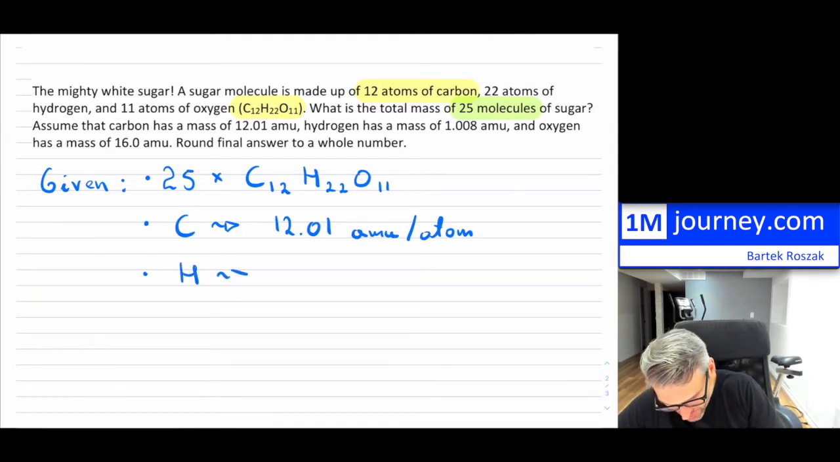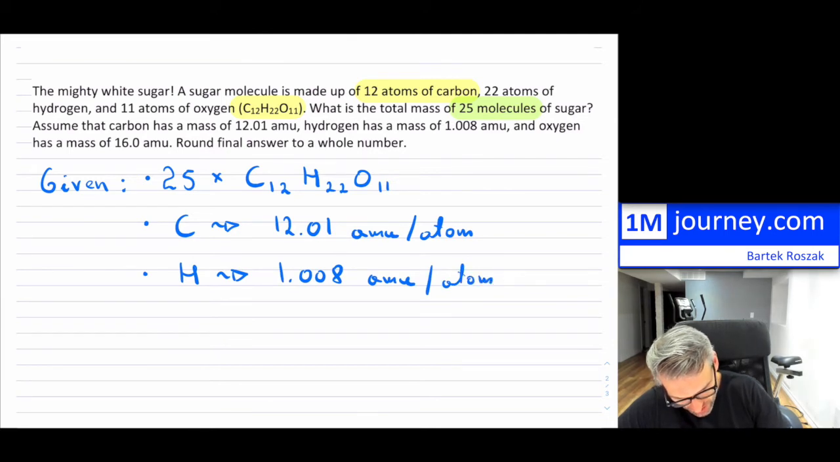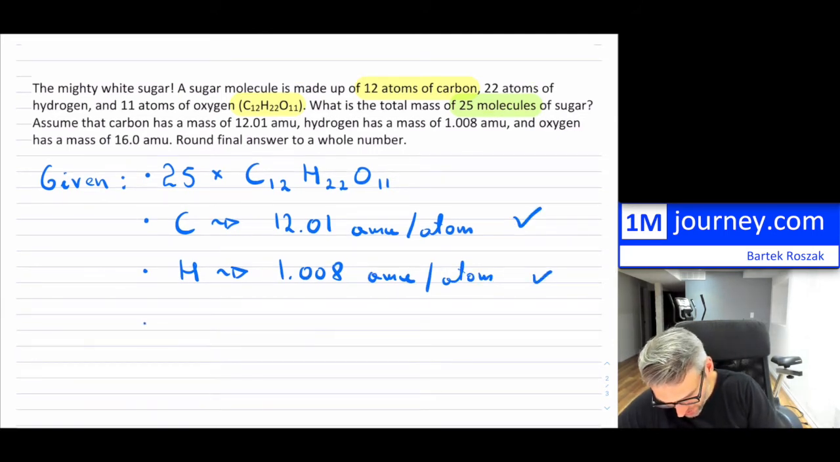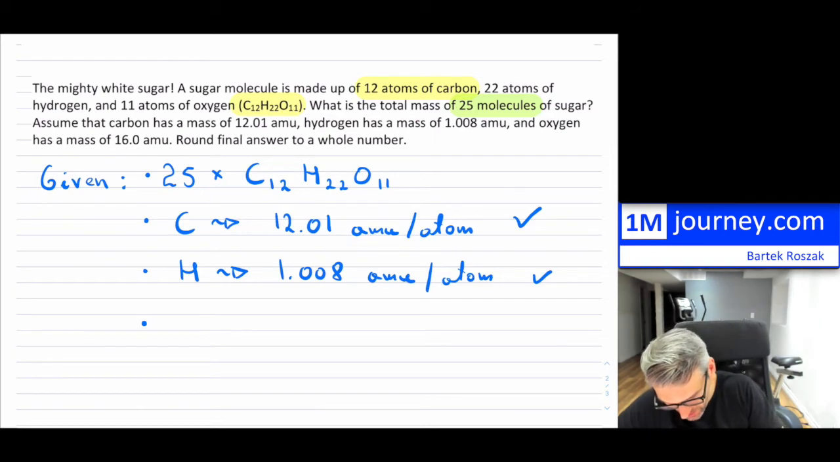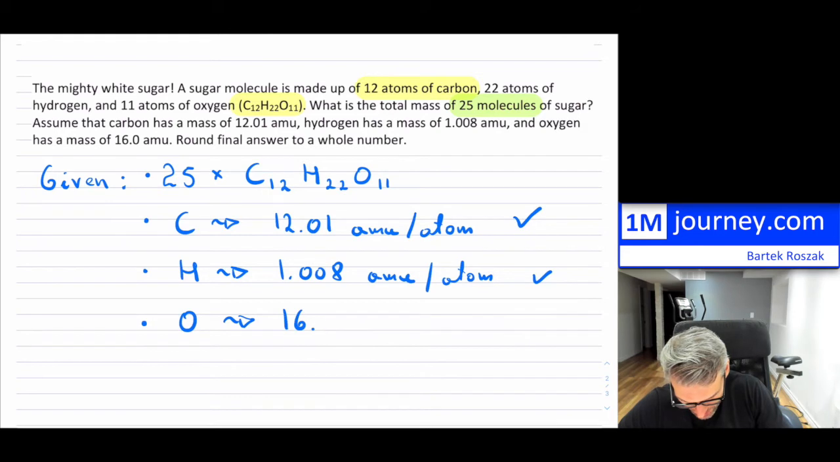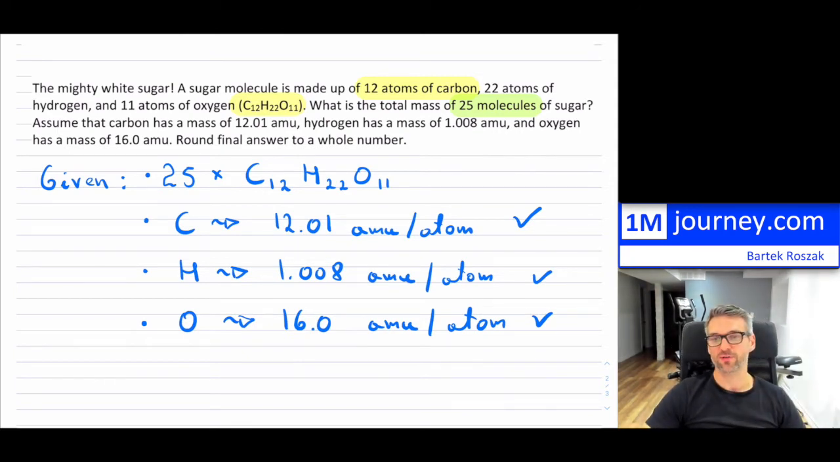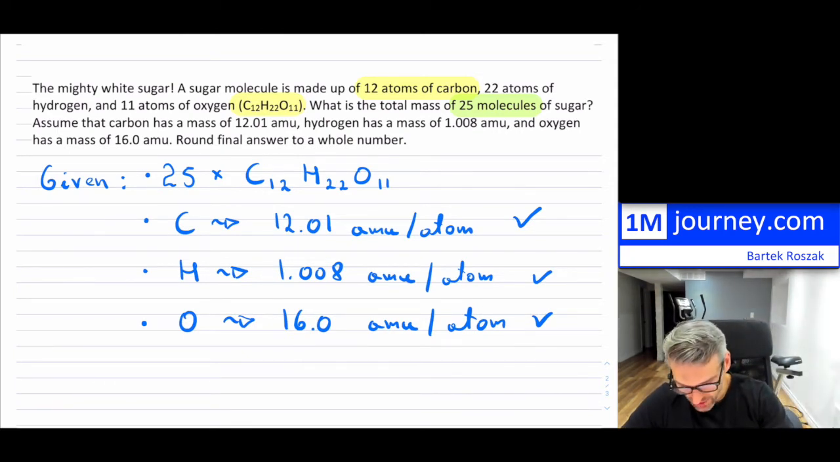We know that the hydrogen had a mass of 1.008 atomic mass units per atom. Notice it's all consistent within here, so it's not like they give us grams per mole and atomic mass units per atom. So it's all in atomic mass units. And then the last one is oxygen, and the oxygen was 16 atomic mass units per atom. So we have now the 3 pieces of information that we need for carbon,